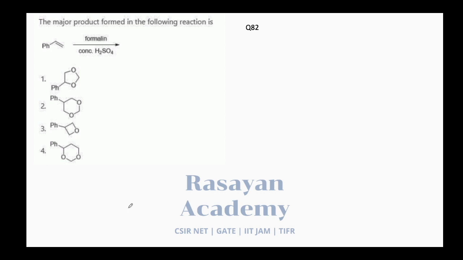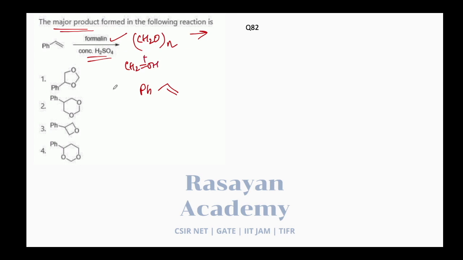Alright, guys. So moving to the next question. The question is asking you the major product formed in the following reactions. Now to this alkene which is given, it's a styrene molecule, right? So what's given? Formalin. What is formalin, guys? It is a polymer of formaldehyde, and in the presence of acid, you can just consider that you are going to get the